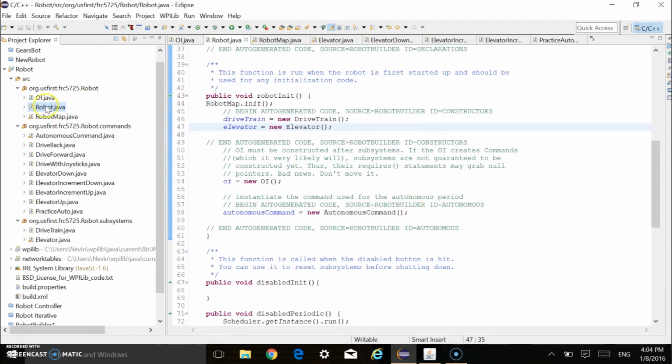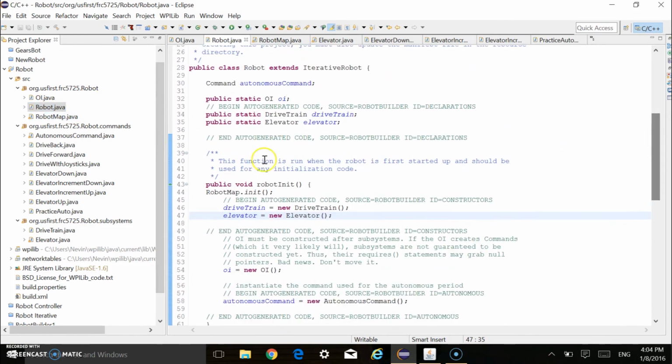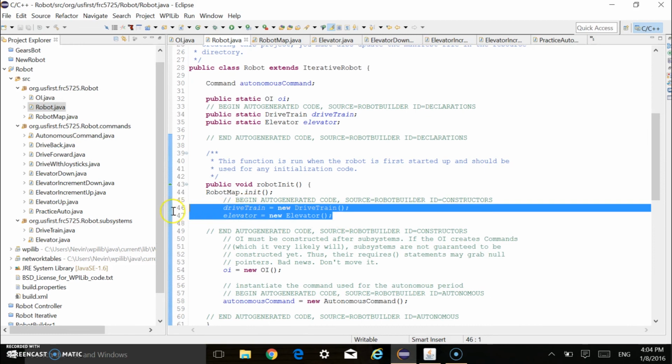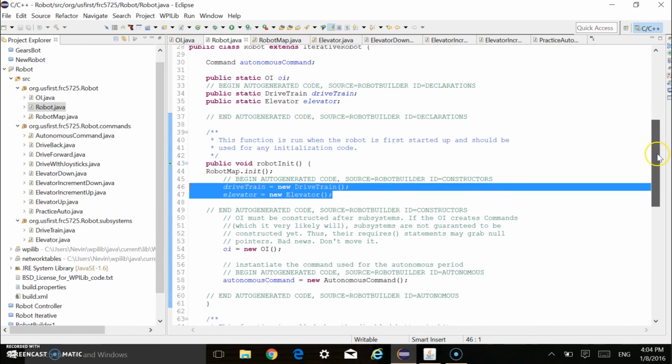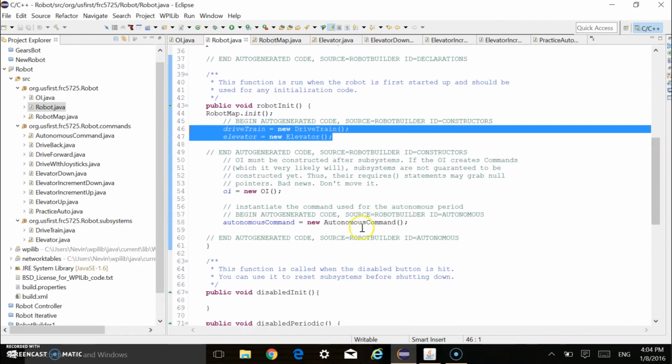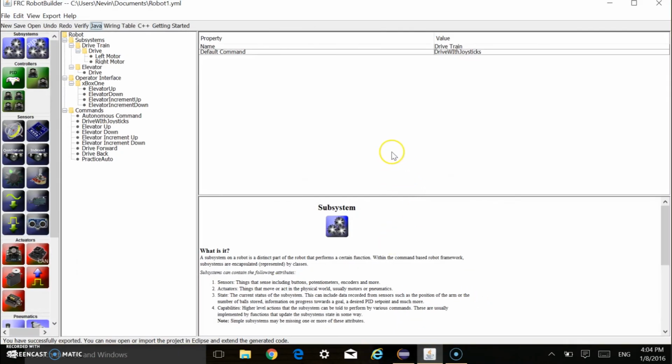So if I go back to my Robot class, which is your main class where everything happens, and like I said, you can see when that's initialized, it starts the drivetrain and the elevator. And then from within there, you can see, okay, they've got an autonomous command, but notice that that's within a begin and end auto-generated code. So there must be a way we could just type in practice auto here, but let's go see that we can do that within